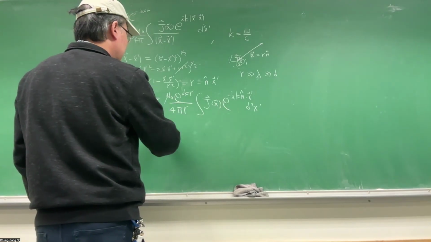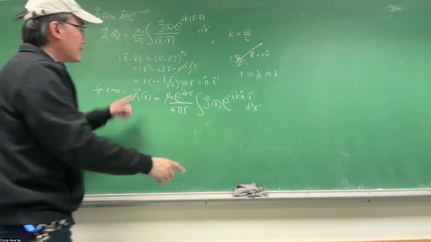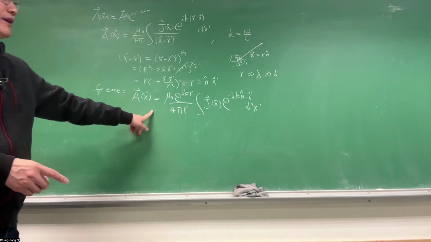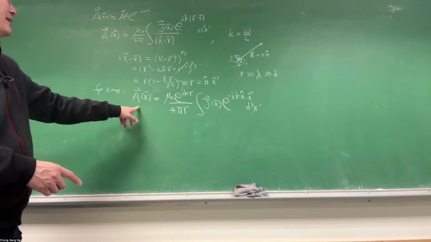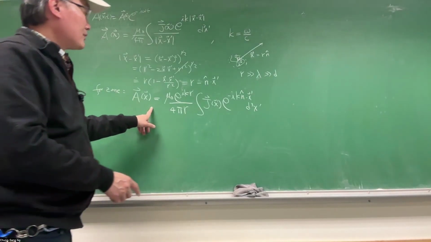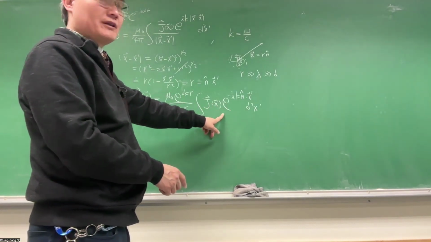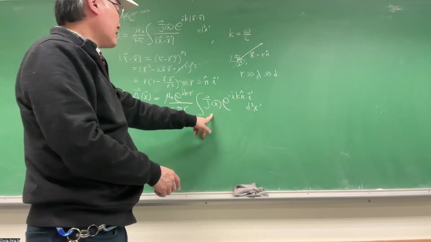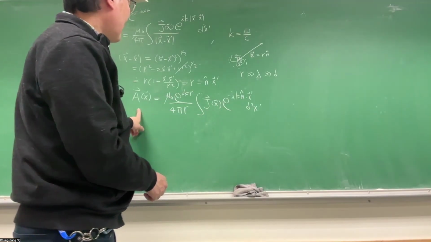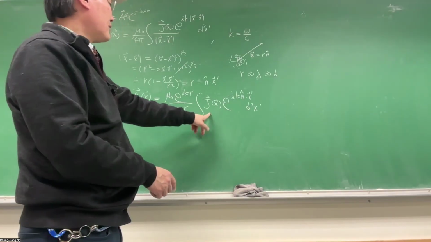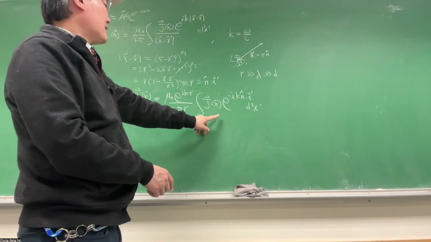Up to here is okay. Up to here, this is a formula that you can actually use. That includes everything before we do the long wavelength expansion and expand into multipoles. So this is the vector potential formula. Okay, then